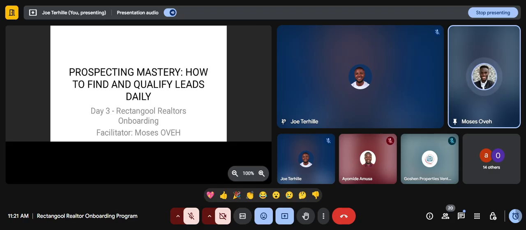So it is not just about learning; it is about implementing. All of the things I'm going to be sharing are not what I just conjured up. They are things that I have learned and they are working for me. So please, I want you to make this commitment with me. Just make this commitment because there is something like